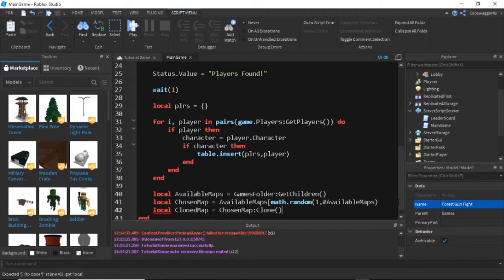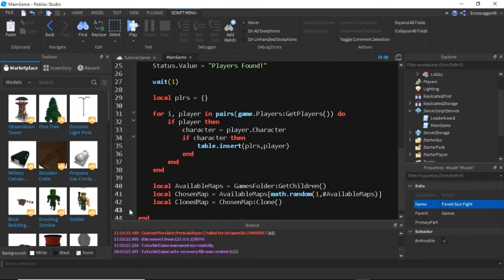So we're going to create a clone of it. Oh, that's why it wasn't working. Let's delete this temporarily. We're going to put another ending bracket there. So cloned map is equal to chosen map colon clone. So we're going to clone it,